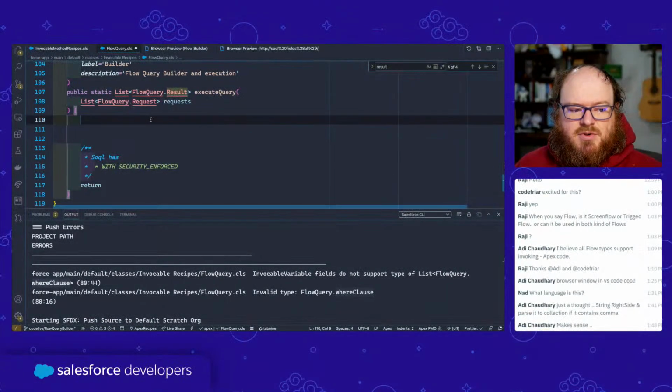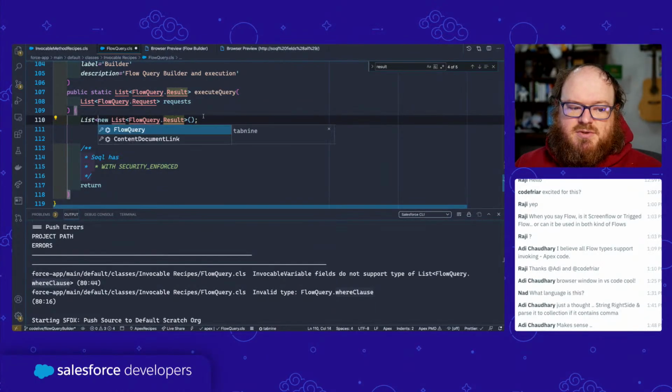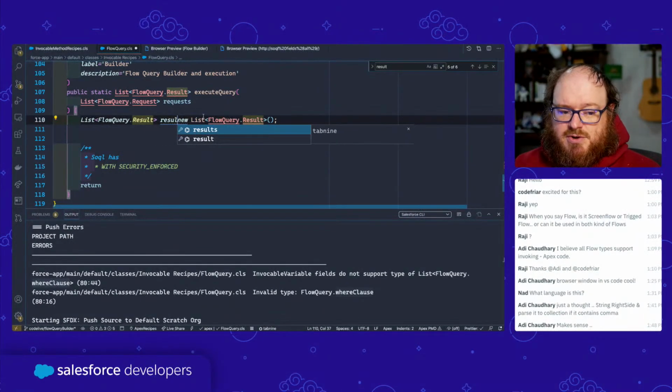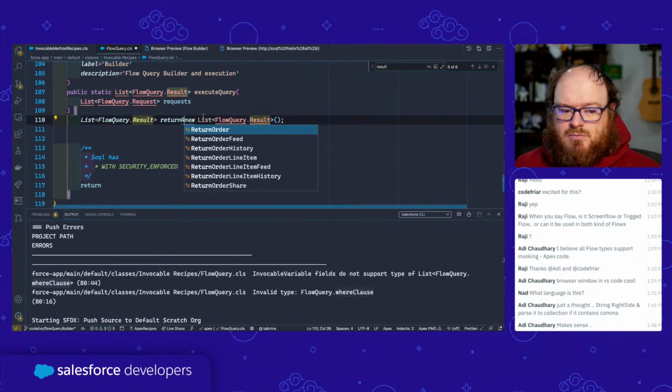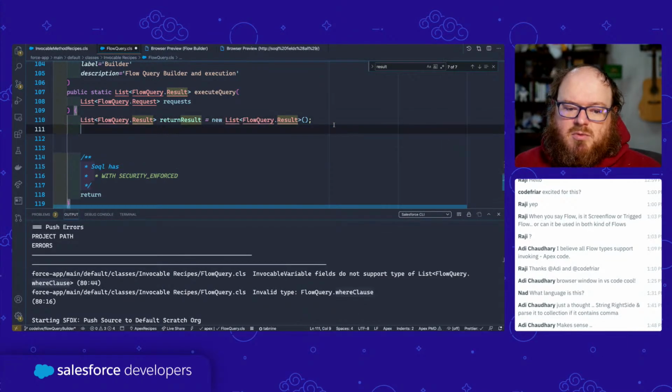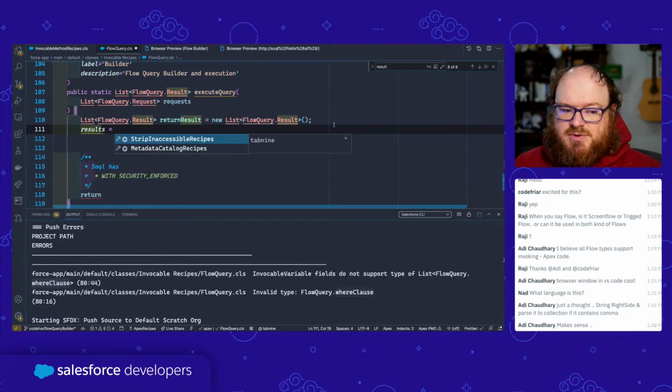Put this up here as our first line of code. We're going to do list flow query result, return result equal to new that, and then we're immediately going to turn around and say results is equal to return result dot